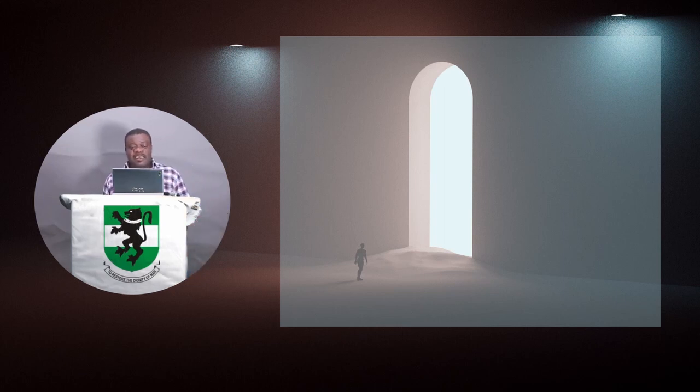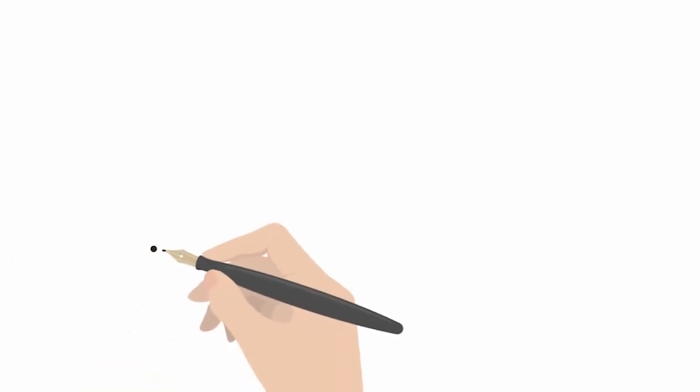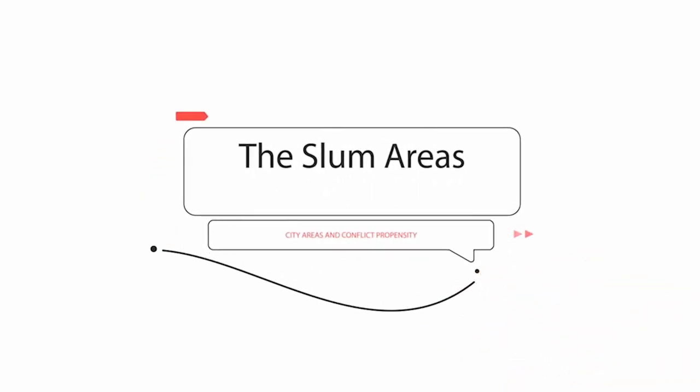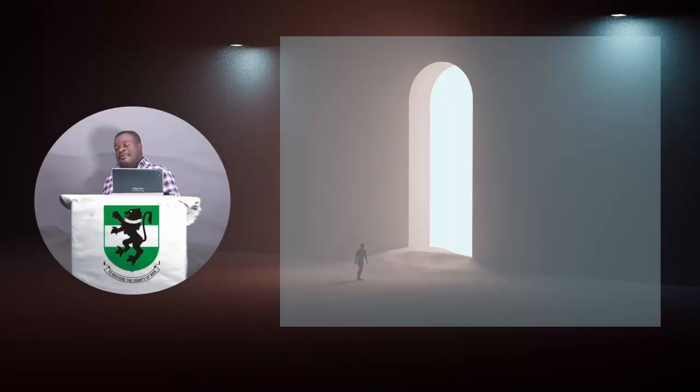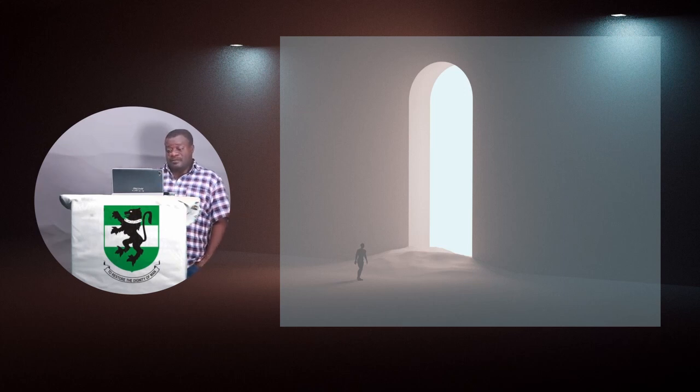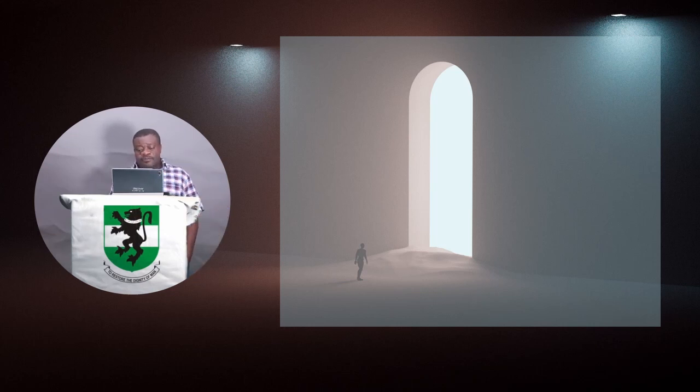The third city area is the slum area. Slums are usually characterized by low socioeconomic status of residents. It is also a poorly planned area of the city with low presence of government and its agencies, including the police. As a result of this, conflict and crime occur, both because of the poverty and deprivation in the area, and of course, the lack of presence of government and almost no policing. In most slums, it is difficult to pinpoint things that will give you visible representation of government or governance.